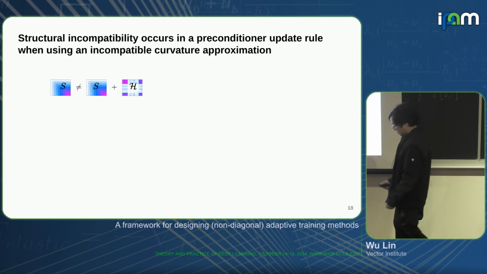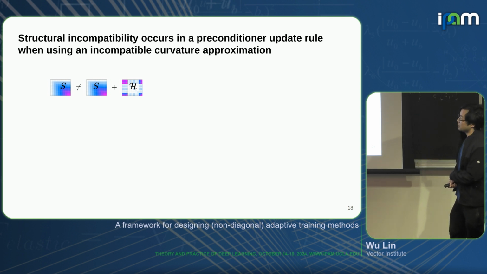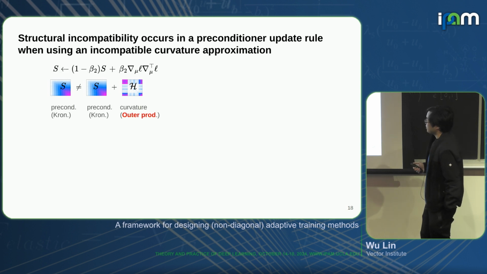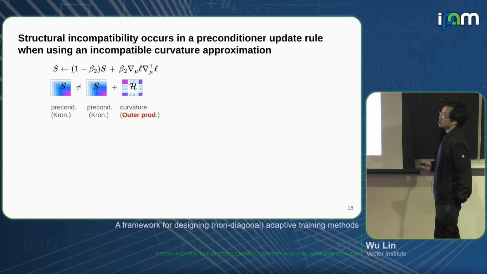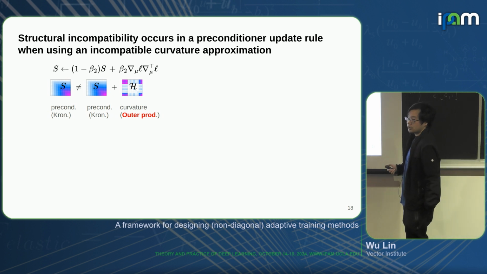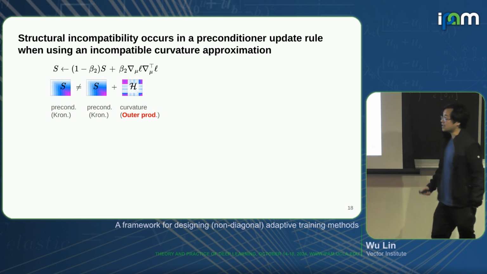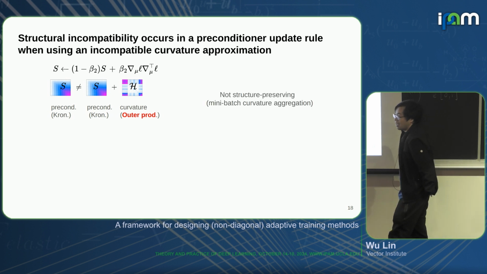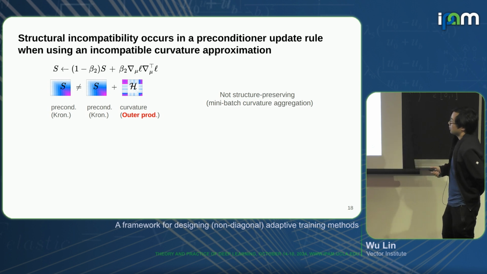It is challenging to design non-diagonal methods because it's unclear how we maintain the structures if we're using an incompatible curvature approximation. For example, consider the preconditioner is a Kronecker structure, and we want to use a gradient outer product as a curvature approximation. In this case, this update scheme doesn't preserve the structure. And this motivates us to propose